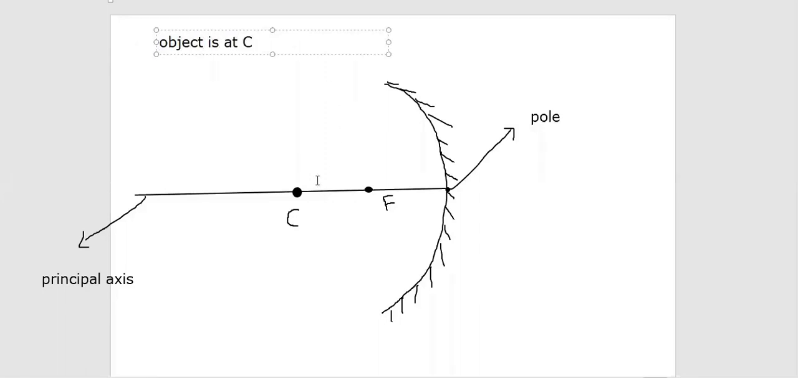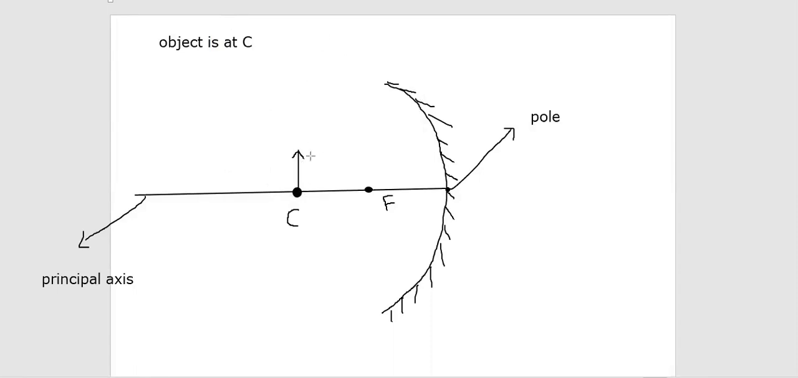Object is at C, in the sense if you need to draw like this. Object is standing on the center of the sphere. If you draw the image like this, you will be getting the center of the sphere, the center of curvature. If an object is standing there,